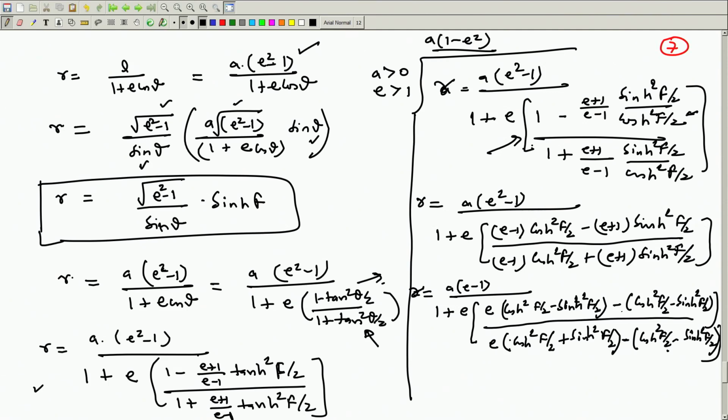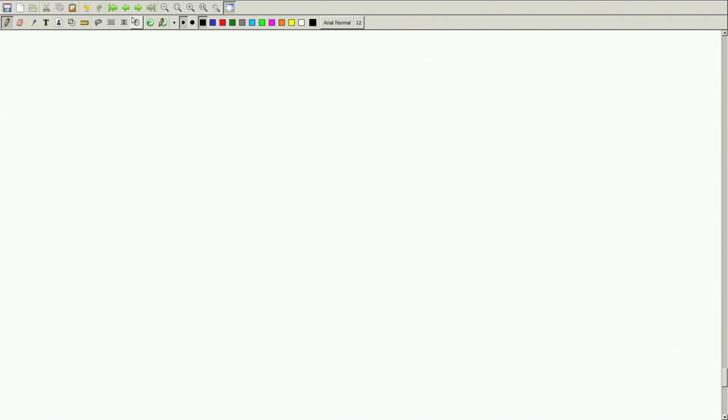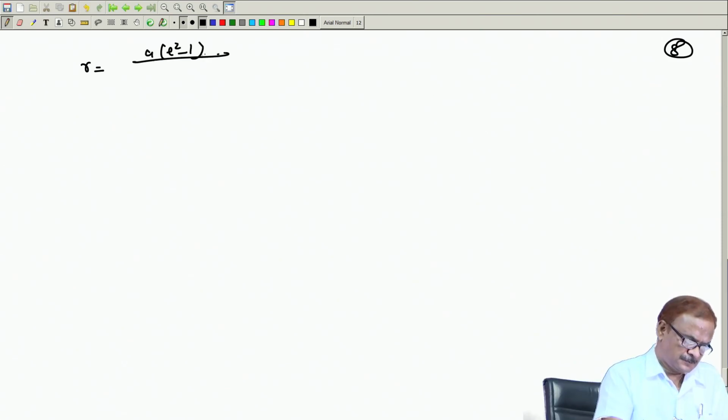Here this is minus and cos hyperbolic minus sin arises here. So, this becomes plus, it should come with a plus sign. So, going to the next step. Okay. So, r becomes a times e square minus 1 and then 1 plus